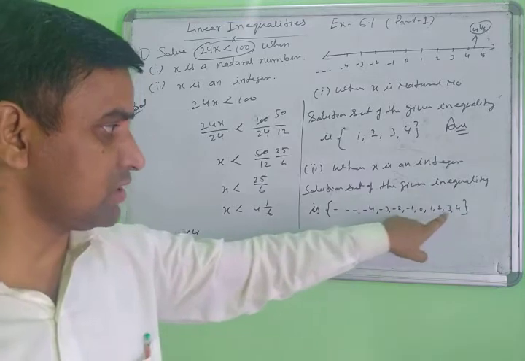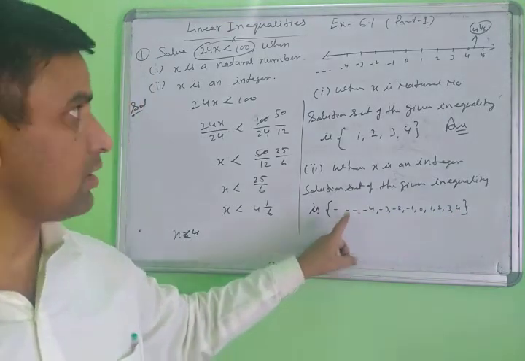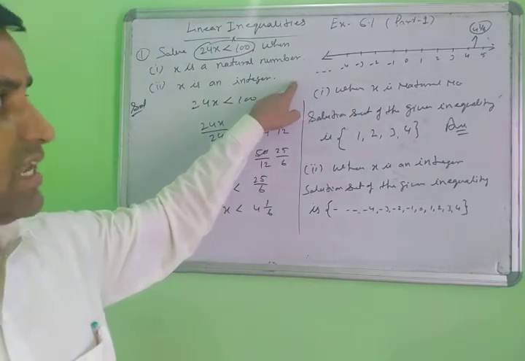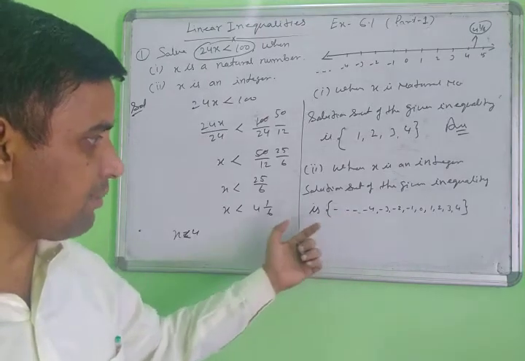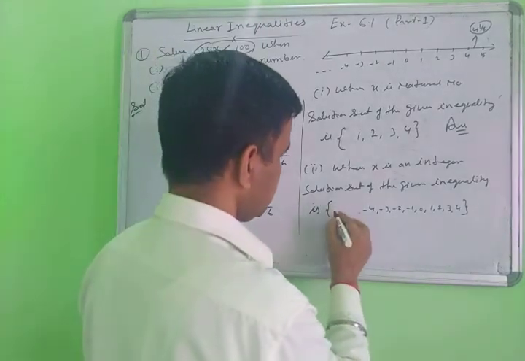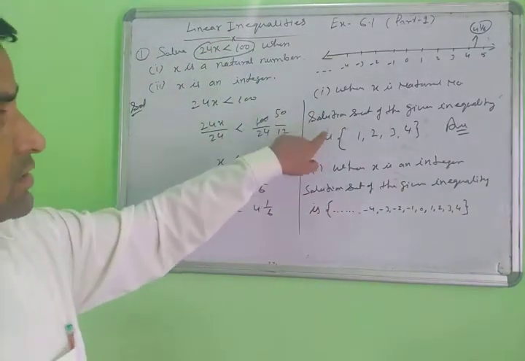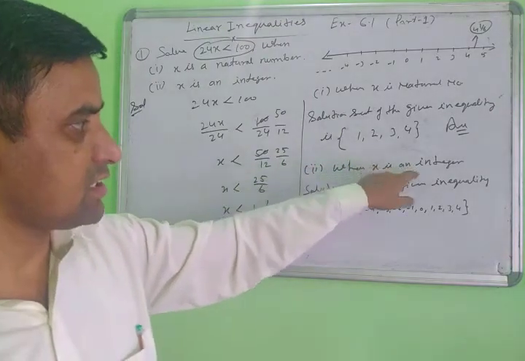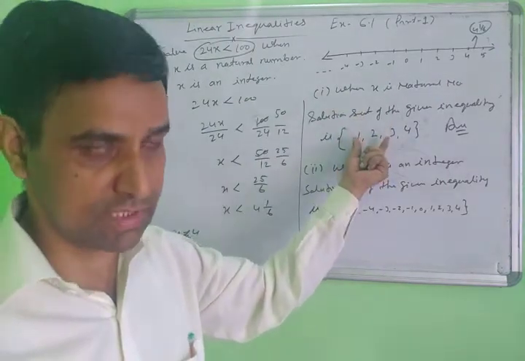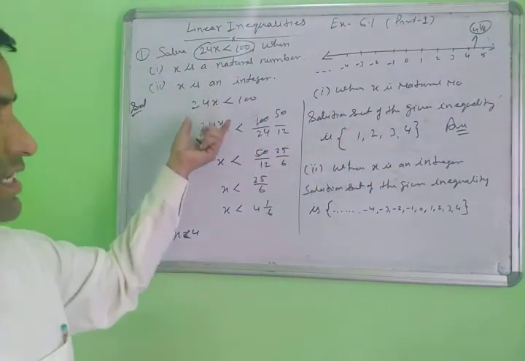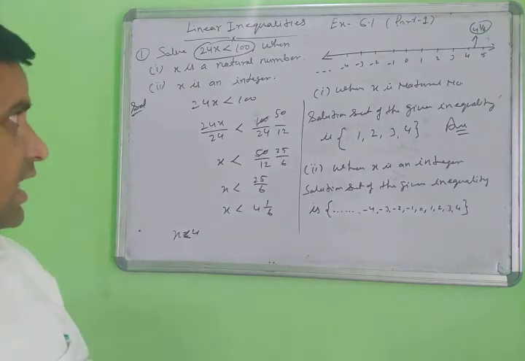So the largest integer here is 4, but the smallest is not counted. Many integers are less than 4, in negative: -5, -6, -7, -100, every number, so you put dash dash dash using a symbol. In the second case, when x is the integer, there is this solution set. When x is the natural number, there is the other solution set. The different cases have different solution sets. Yes, you note down. Then next questions.